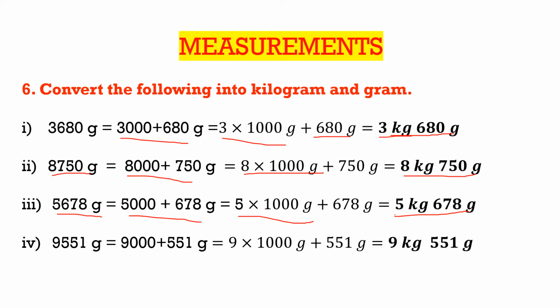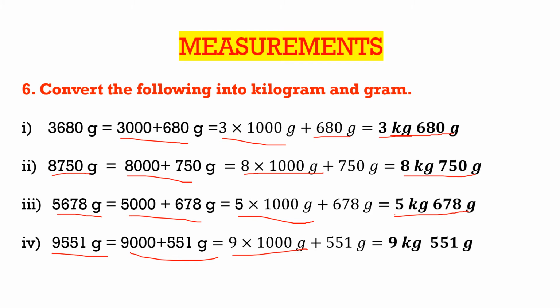Fourth bit is 9551 gram. We have to convert 9551 gram into kilogram and gram. 9551 equals 9000 plus 551 gram, and this 9000 equals 9 multiplied by 1000 gram. As we have to convert gram to kilogram, so 9000 we can write as 9 multiplied by 1000